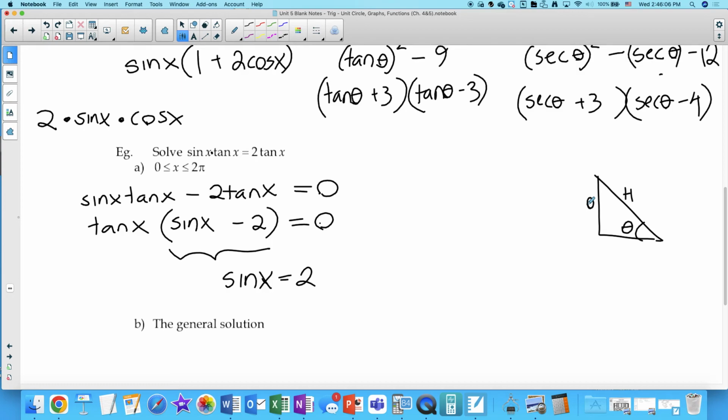And so anytime you have sine or cosine of an angle equal to a number that's larger than 1, there's no solution. Okay? You're like, yes, I don't have to do that one. Yeah, so this has no solution. We're just not going to get a solution from that part. It's still defined, right? It's like saying if you have a quadratic that doesn't cross the x-axis, it's above or below the x-axis, it's still defined, but there's no solution to that. Okay, now this guy, though,